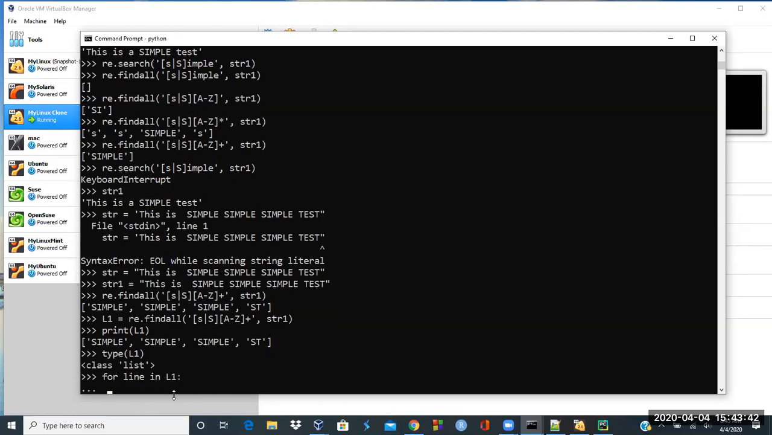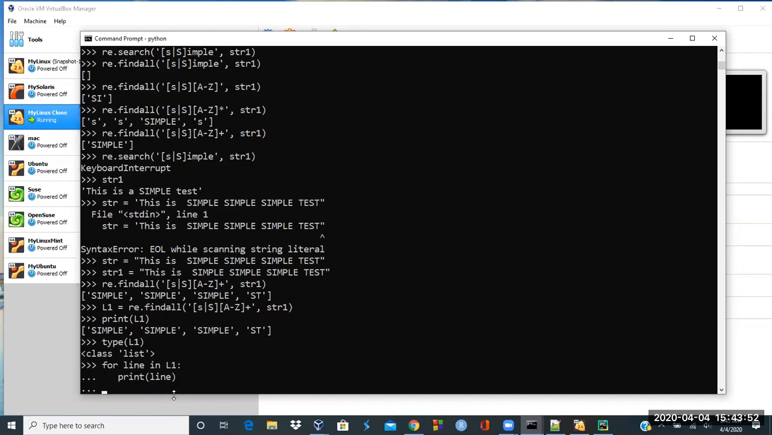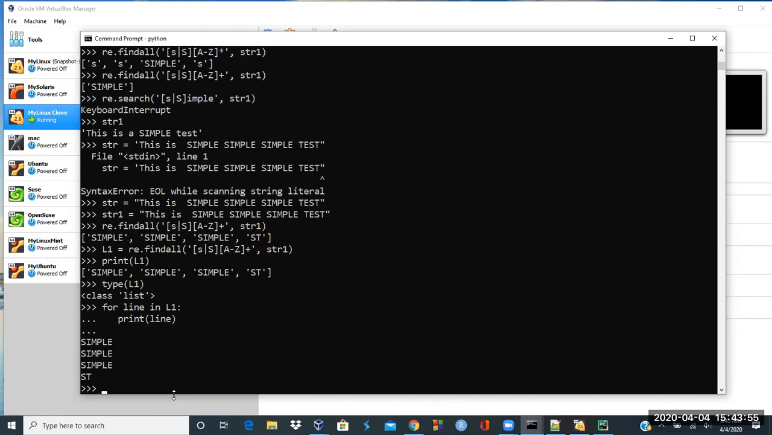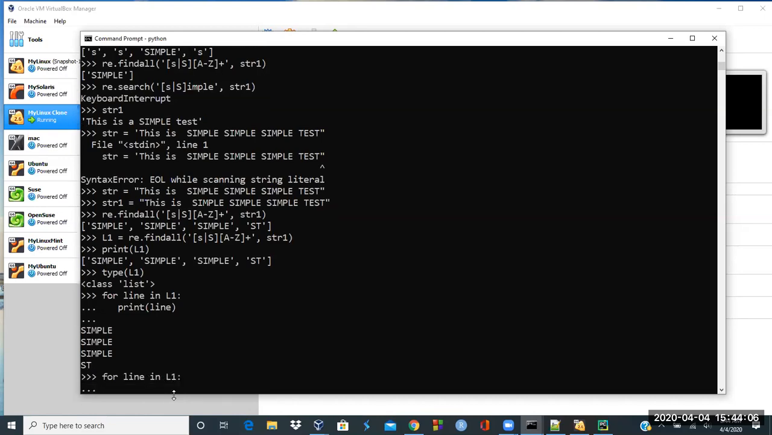and then print line, and at this time, I just see the content of each of the matches. And then I could put an if statement if the match is exact. Instead of printing it, I don't want to see the ST. I could do another regular expression, say regular expression dot search, and then